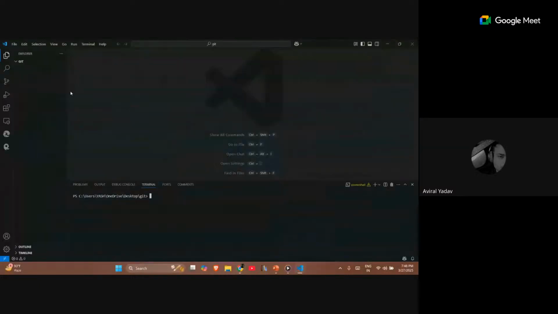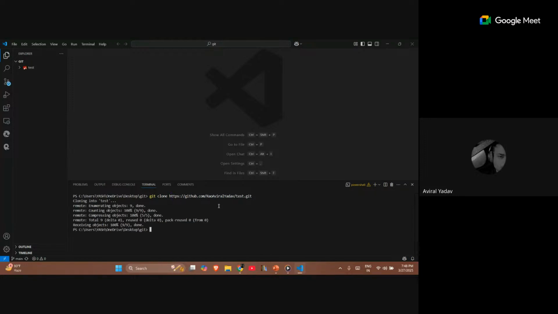And come back to the folder you have created. Okay, you guys just open a new terminal if you're using VSC or any other code editor that you prefer. I'll just use a command which is called git clone. What git clone does is that it clones that repository that is available on the remote server to that of your local server, and paste the link next to it. You can see that it's cloning into test, and it has started the cloning, and all the jobs are being done one by one. Okay, is that clear to you?